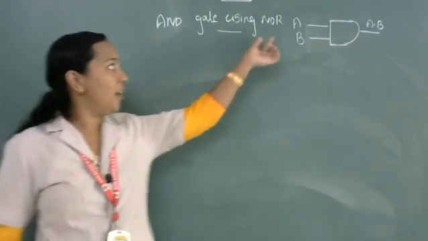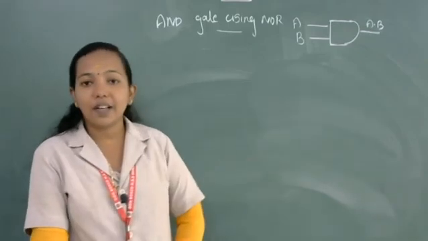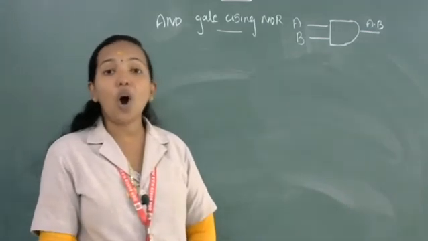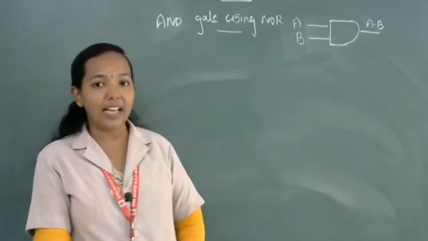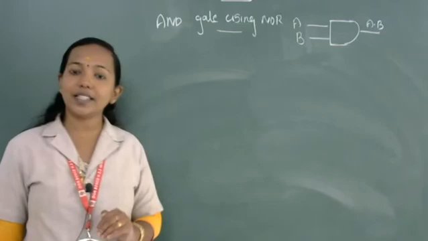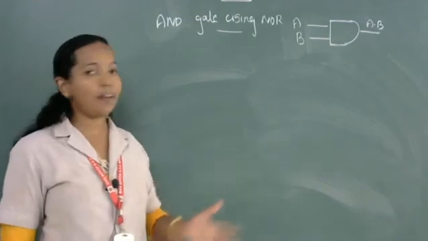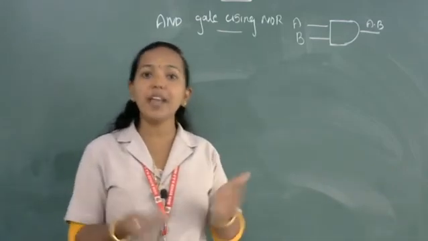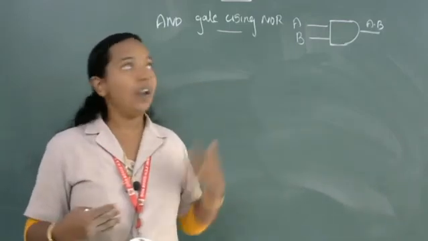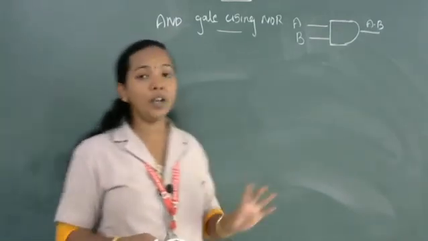But here it is the NOR gate. NOR gate means, what is its symbol? Plus. And the AND operation symbol, what is its symbol? Dot. So you know De Morgan's theorems. In De Morgan's theorem, the complement of the sum of two Boolean variables is equal to the product of their individual complements. In De Morgan's theorem we are changing the operation plus into dot and dot into plus. So we can apply De Morgan's theorem to implement the AND operation using NOR.